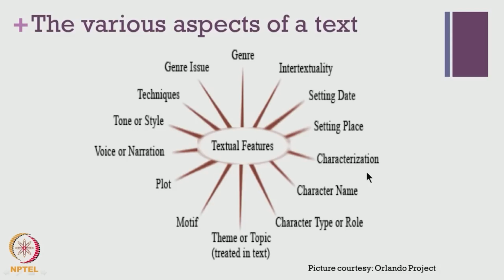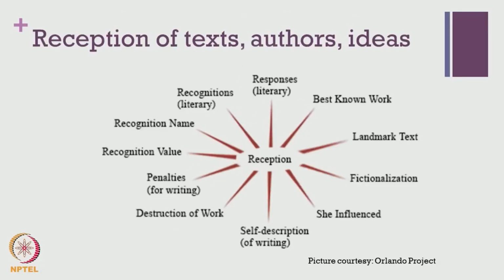So, when we look at the text and try to locate it within the literary history, we shall be looking at various of these aspects, which could include issues related to genre, the date and place of publication, or perhaps the kind of characterization that it involved, the voice or narration in the text, and so on and so forth. And all of these become important in not just narrating where the text belongs to, but also in critically evaluating and critically seeing the connection between various literary traditions, and also in locating the predecessor and successor of particular kinds of writing.